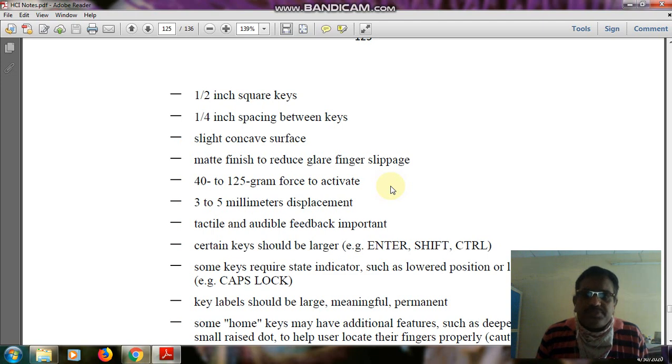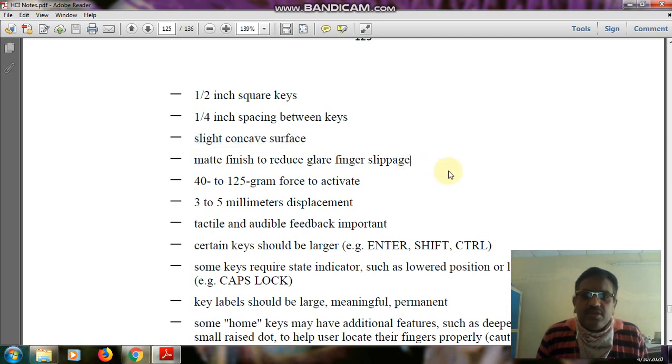So what are the principles followed by IBM? The square keys are 1.5 inch in size, whereas the space between the keys is a quarter, left for each and every key, and there is a slight concave surface.